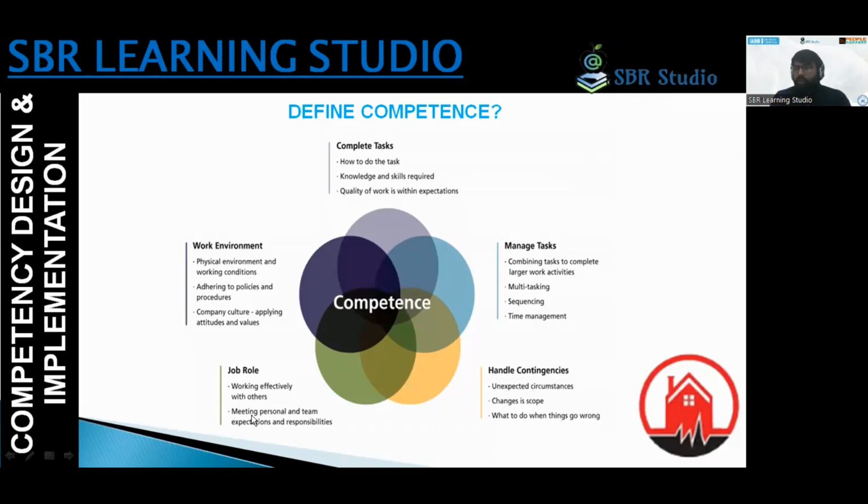So it is required. So now it comes to the competency: how you are working with the others, how you have to approach other people. What is your role here? Someone is coming to you multiple times, but you are ignoring them. So what is your level of competence here?